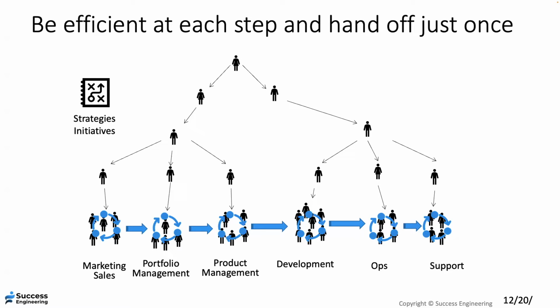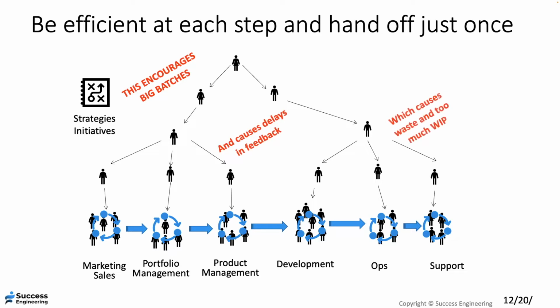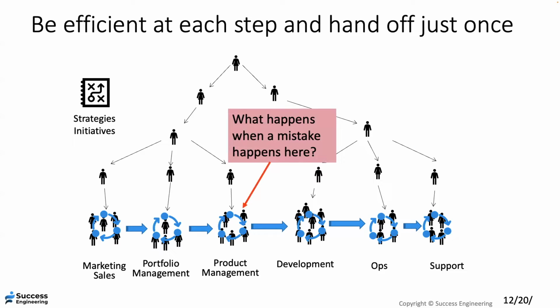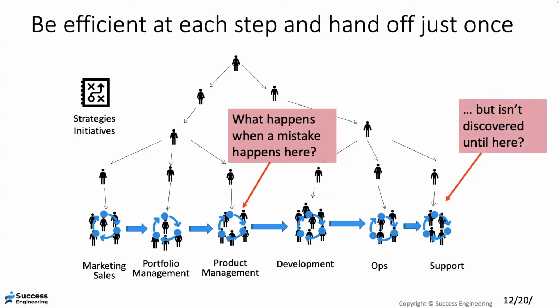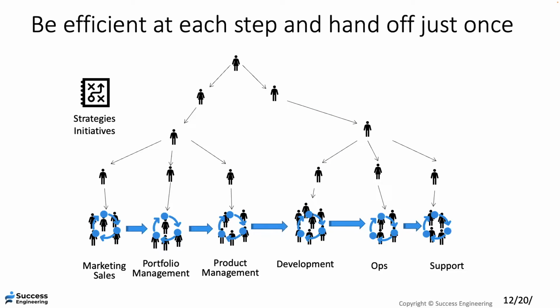This is what Lean really demonstrated, oh, I don't know, back in the late 40s, early 50s, that this is a misunderstanding of things. It also encourages big batches, which is worse, creates delays in feedback, causes too much work in process. And an example is what happens if a mistake happens here and it isn't discovered until later. Well, there's all that waste created and problems. Plus now we basically also upset the system that comes after this. So we always have these cascaded projects, and one, when it goes wrong, impacts others dramatically. So there's a huge amount of waste.